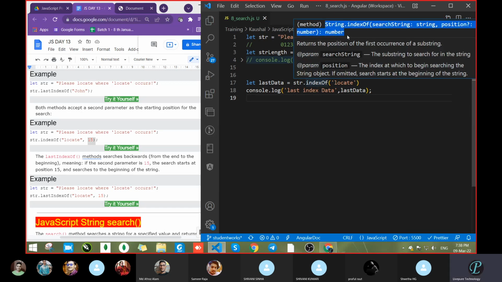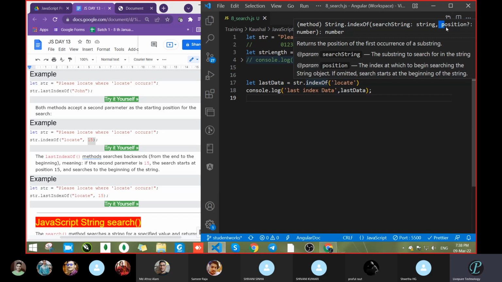What is this line? Just read it: string dot index of, search a string. We already passed that, like locate and so on. After that, a comma is there. Up to here we have cleared, correct or not?